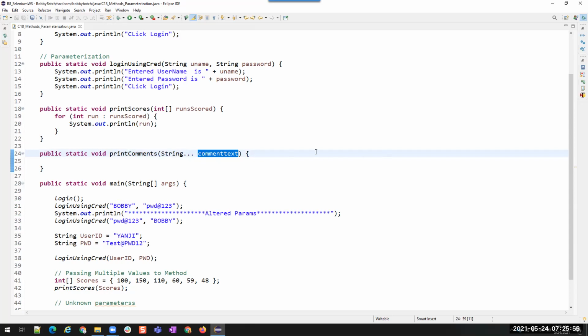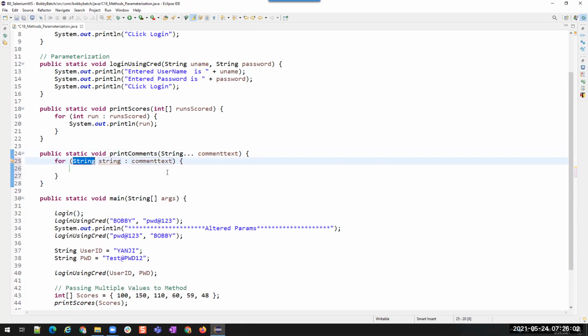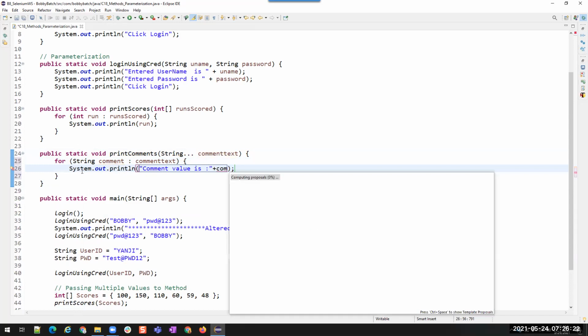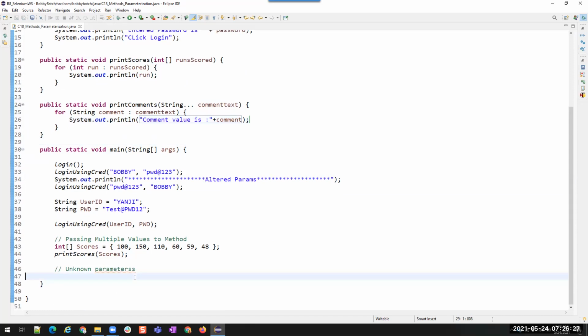If you want to print it, we are going to use a for each loop, for each comment in comment text, print the comment. That's all. Now if you want to pass this, you will call the same method.